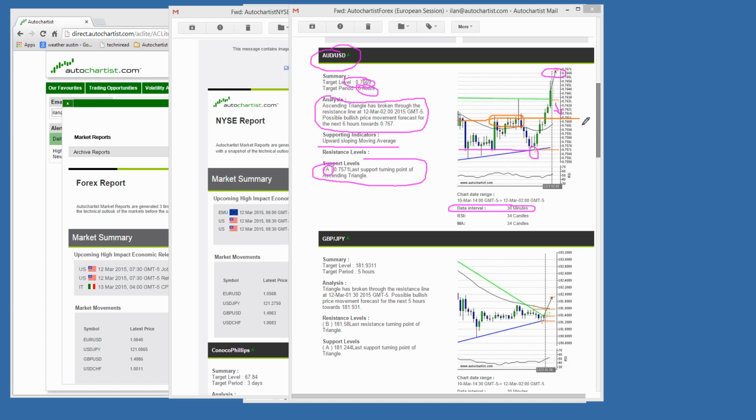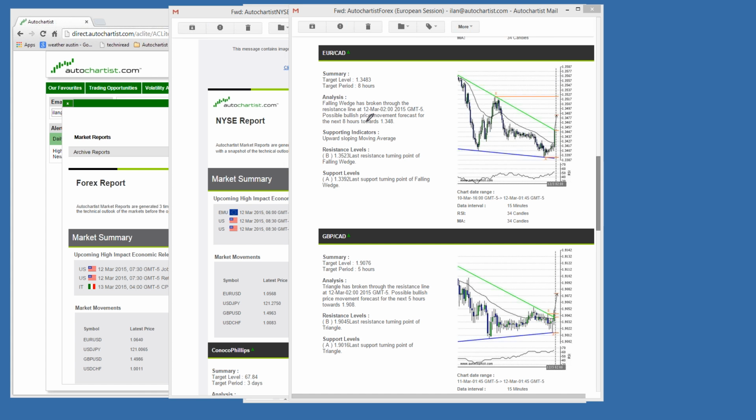Okay, now let me show you a different opportunity, because I want to highlight a different supporting indicator. So what I also want to show you is this opportunity on EuroCAD, and I specifically want to show you this, a resistance level over here, right? So you can see that in this opportunity we had both a support level, which is the same as the previous opportunity, as well as a resistance level.